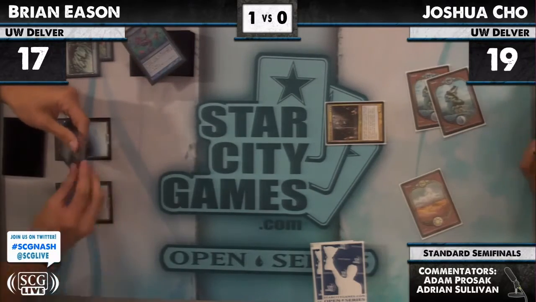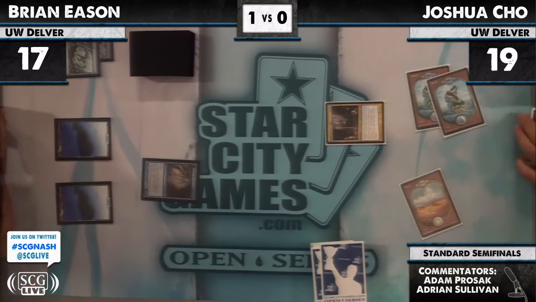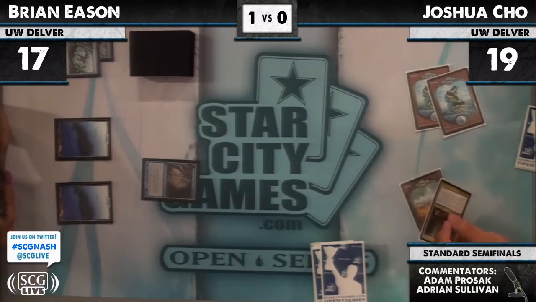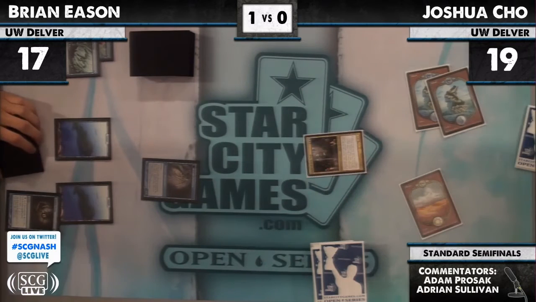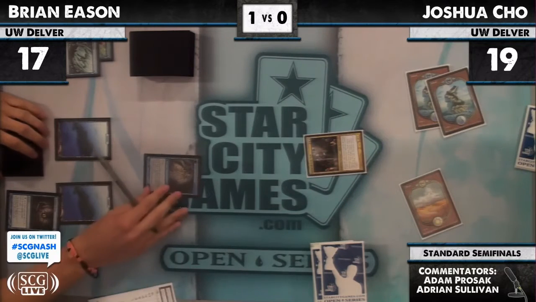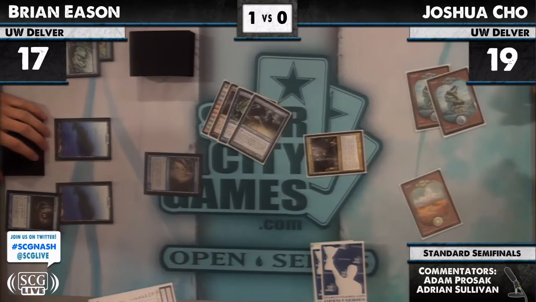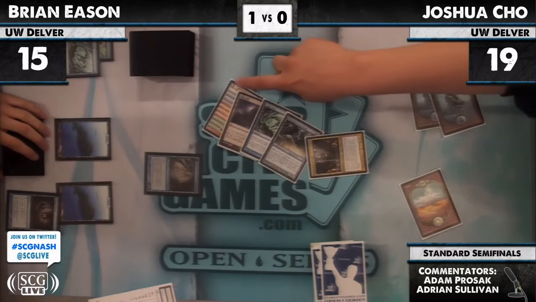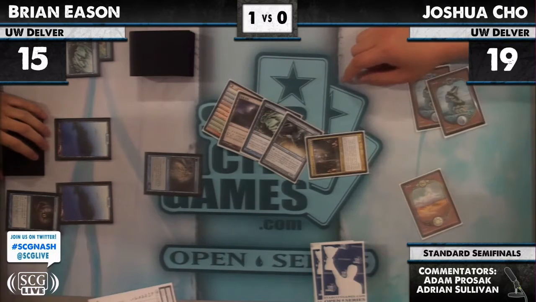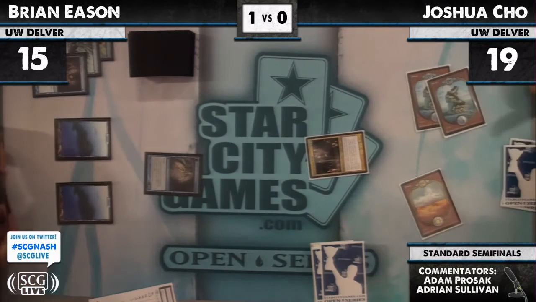Dungeon Geist, not Dungeon Geist, pardon me, Geist of St. Traft from Josh, and then we see a reveal, and Delver flips for Brian Eason. And Josh Shaw, taking a page from Jared T, is already putting his Geist of St. Traft in the graveyard. Show me your hand. Metamorph, Vapor Snag, Moorland Haunt, Delver. Pretty strong hand from Josh,